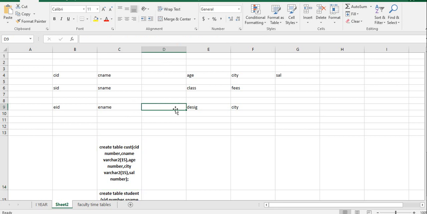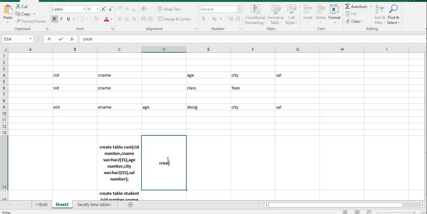Here I want age. So these are the columns I require for my salary. Now you tell me how to create a table and how to insert the values. Create table. What's the table name? It's up to you. You can take anything. EMP, Employee. I have taken EMP. Okay. Yes, sir. Next.